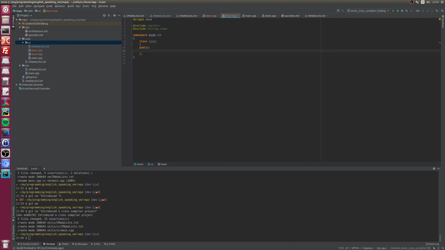So we can just return a vector. Yeah, we have vector of string views. Lex. Cool. Private.